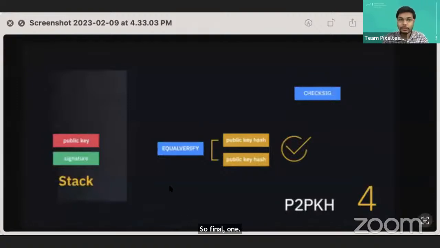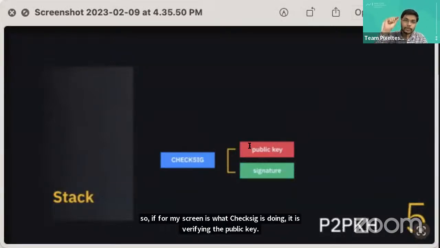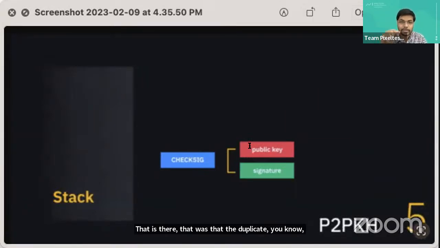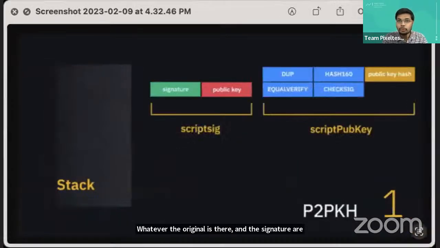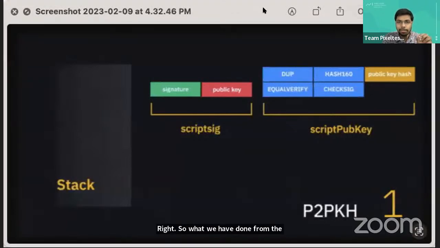Great. So now the check sig is going to do the final check, right? If my screen is visible, what check sig is doing is verifying the public key, the one from before duplication, whatever the original is, and the signature, whether both are matching or not, right? So what we have done from the beginning, we have the stack empty, the signature script, and the